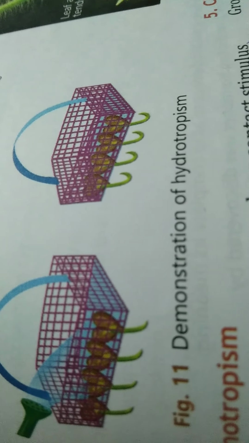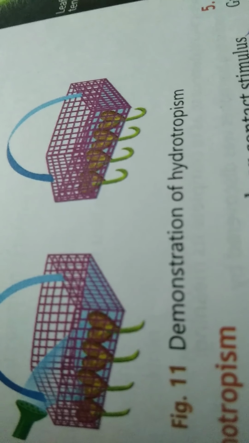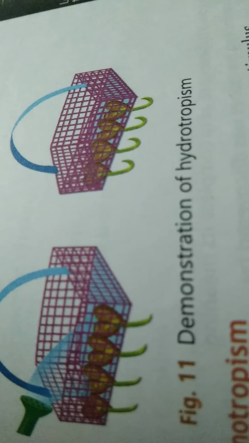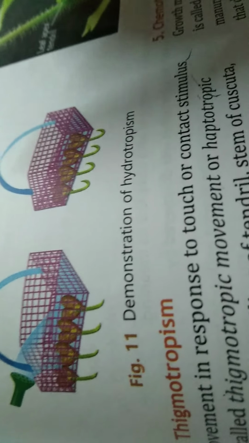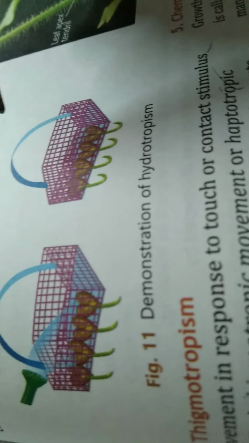Hydrotropism, the movement of the plant in response to the stimulus of moisture, is known as hydrotropism. Roots have a tendency to grow towards the source of the moisture. It is called positive hydrotropic movement. To demonstrate the